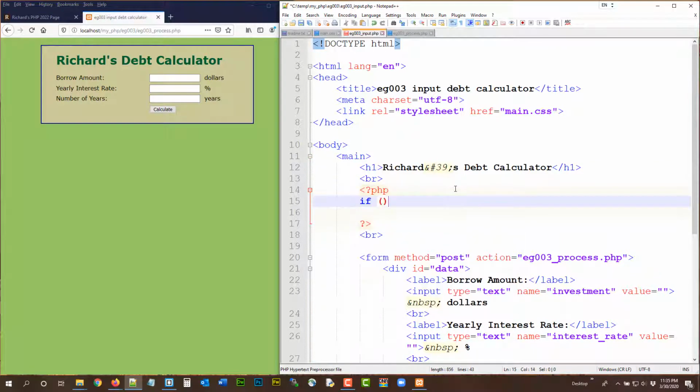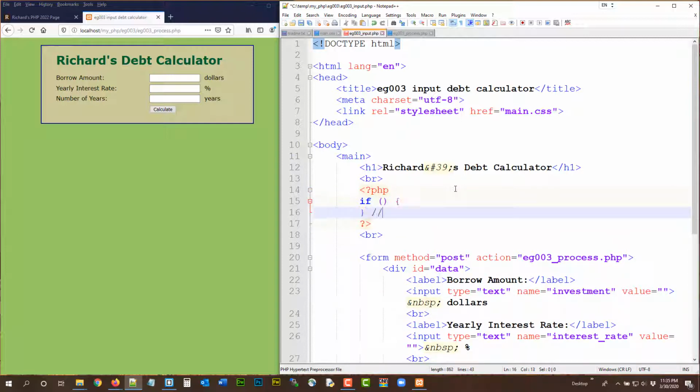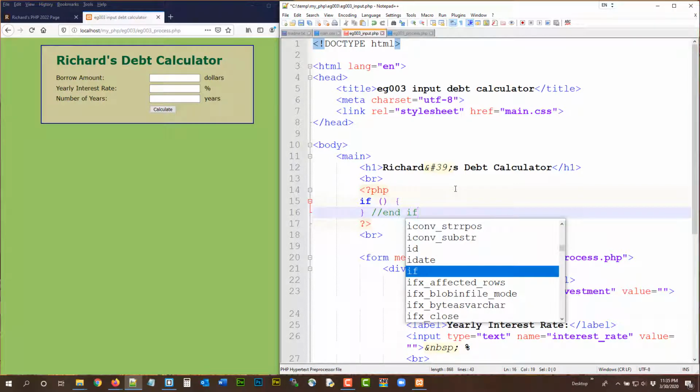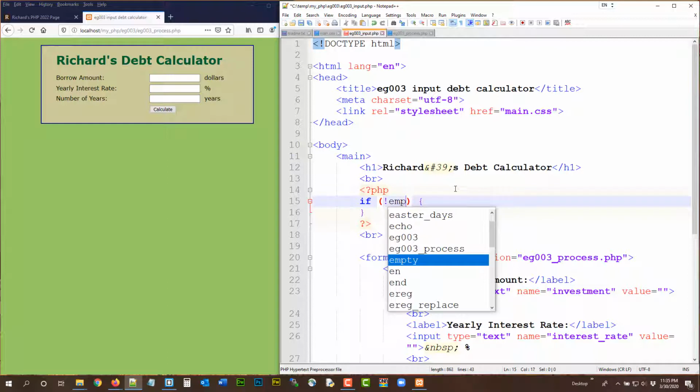So if the error message is not empty, oh, bad idea, sorry. If the error message is not empty,